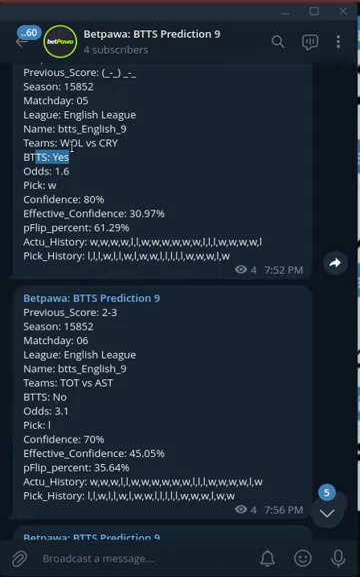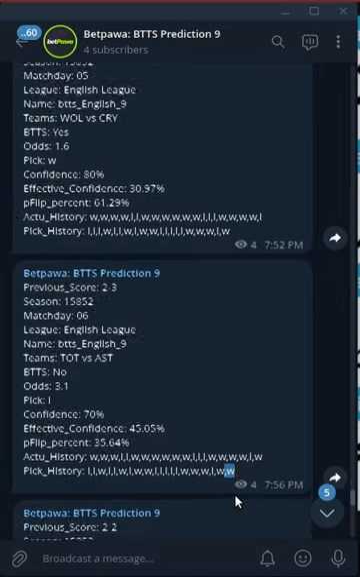BTTS yes, and this match actually ended 2-3, which is BTTS yes. You can see the actual history was a win, and the peak history, because it was following the actual prediction, is also a win. All right,